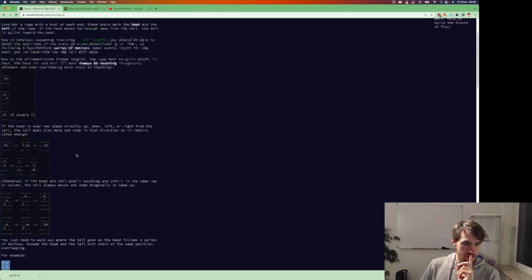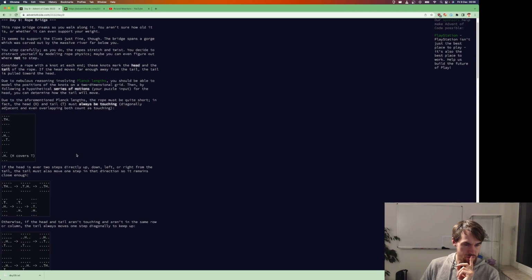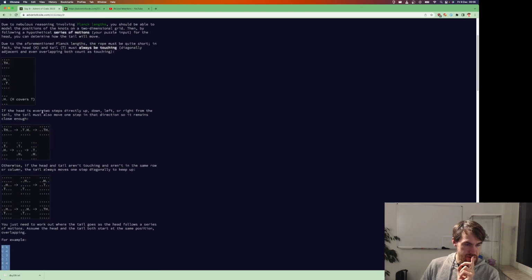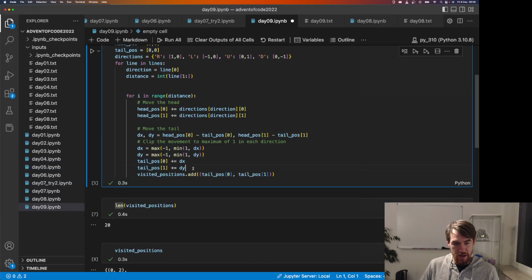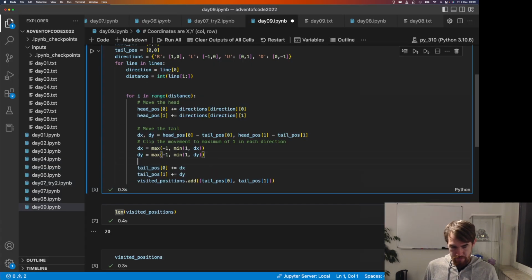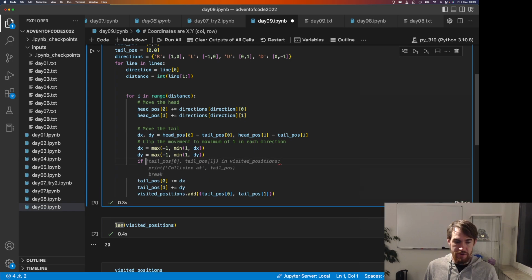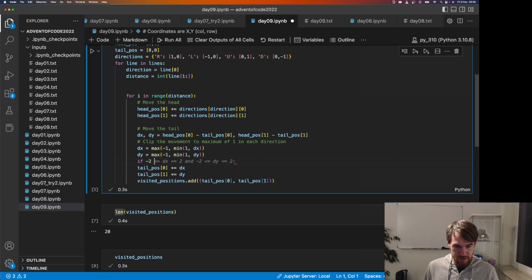Oh, I think I already see what I'm doing wrong. Yeah, okay. If the head is ever 2 steps directly up or down from the tail, the tail must also move 1 step in that direction. Okay. So if only the tail moves, of course, because it's not a snake. If -2